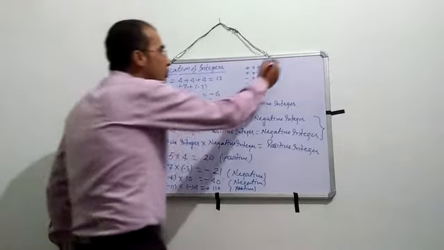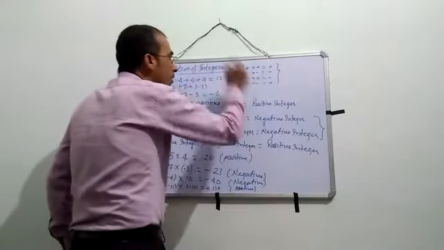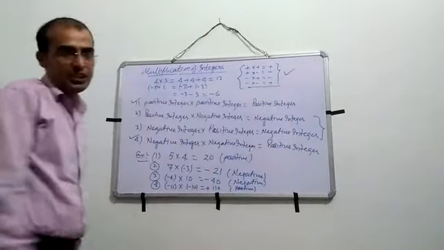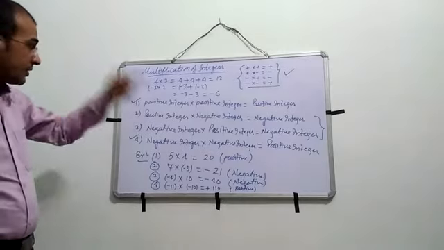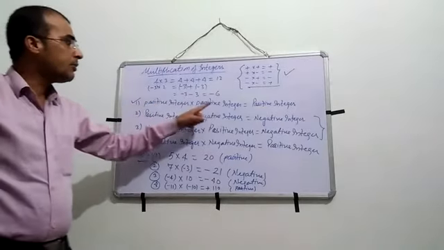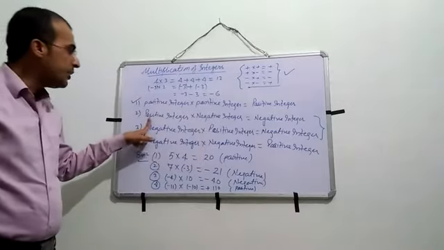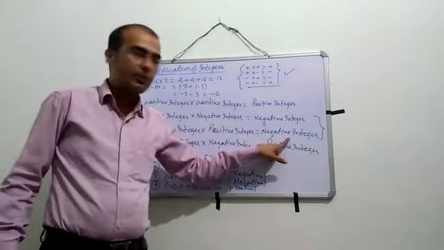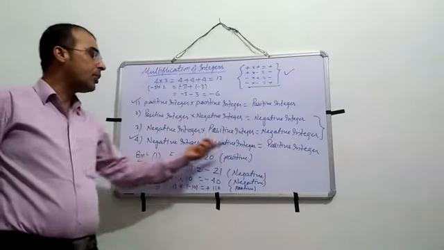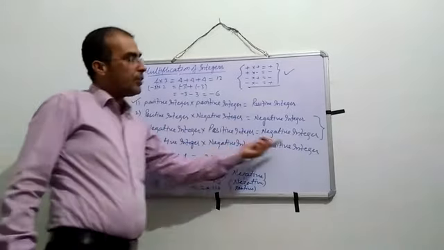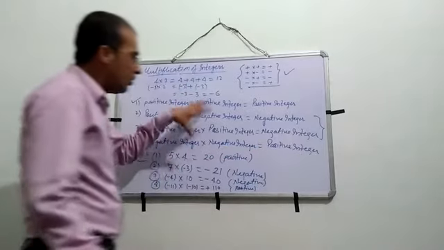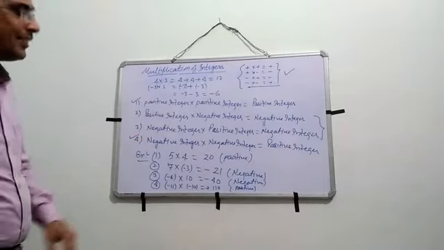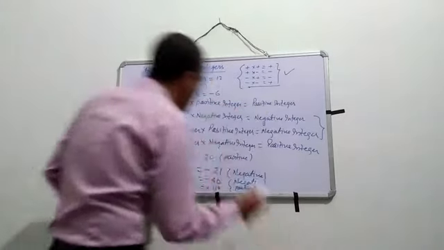So you have to learn this rule. You remember this, very important for the multiplication. So I will revise it. Positive integer with the positive integer is always positive. Negative integer with the negative is always negative integer. Negative integer with the positive integer is always negative integer. And last, negative integer multiplied with the negative integer is positive. So you have to follow this rule, and you can multiply the integers.